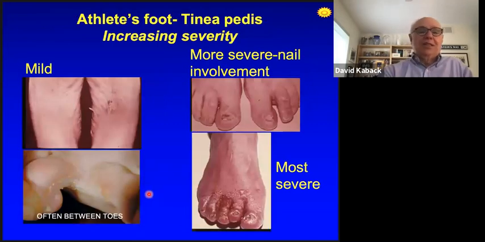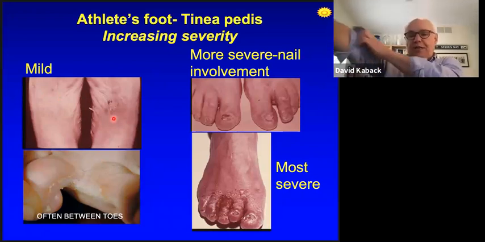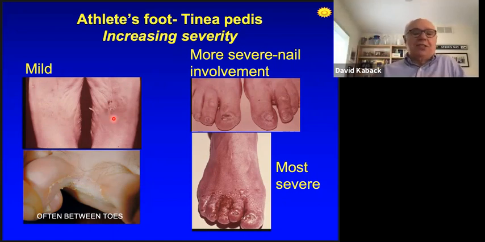So how do you get one of these skin infections? Well, you've all heard, don't walk around the locker room with your bare feet. That's because when somebody has a skin infection, the fungus secretes a number of proteins, and those proteins can be allergenic. And when something's allergenic, it makes you itch. And when you itch, you help that fungus, because what do you do when you itch? You scratch that area.